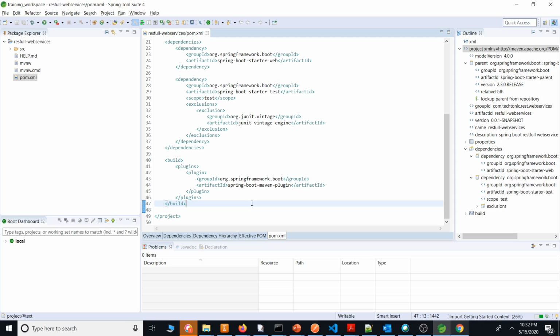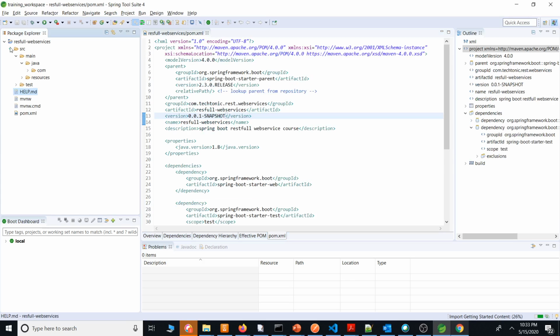Going to the package structure. Mainly we have the source folder. Under the source folder we have two folders. One is main, one is test, two subfolders. In main we will write all the Spring related application. In test we will test all the Spring functionalities or application specific functions. We can write unit test cases or we can write integration test cases. Both we can write. I'll go through how